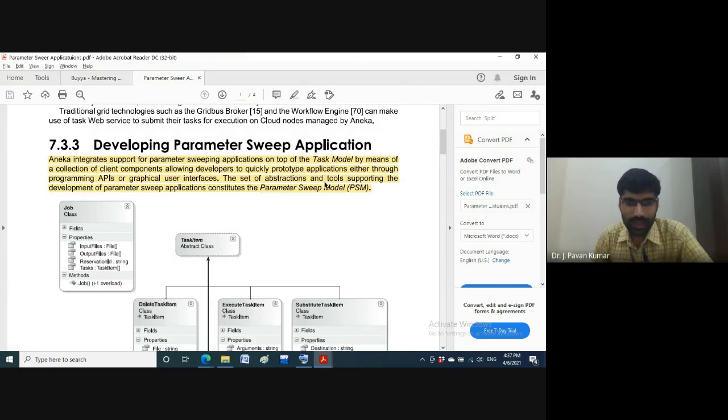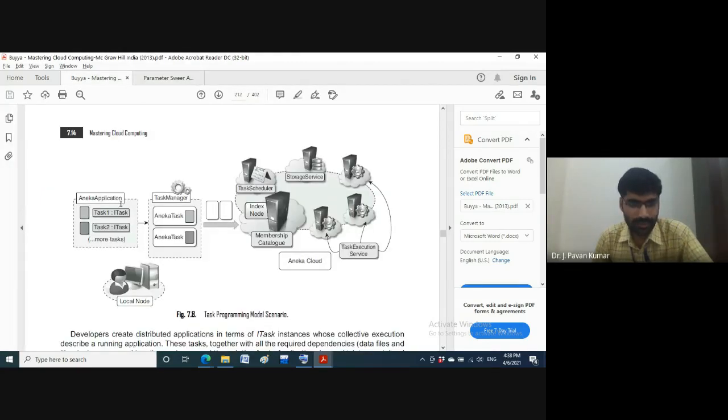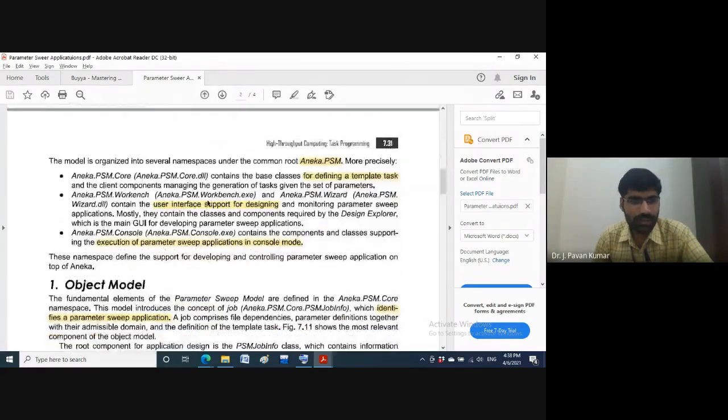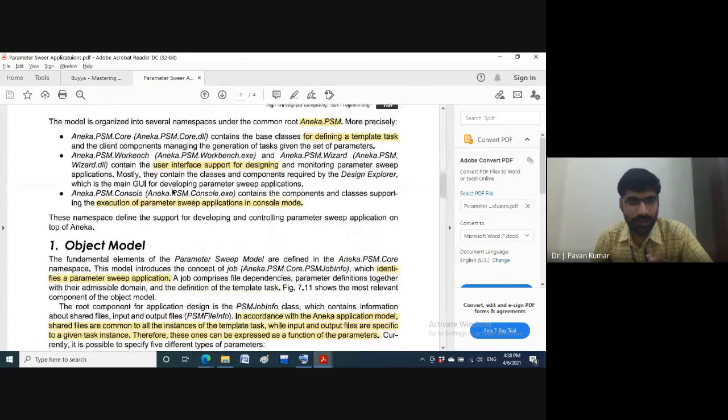All these abstractions and tools will be provided by the parameter sweep model. Like the task model which we have seen, similarly we will have a model called the parameter sweep model, which we denote with PSM. Consider the library which supports this model; it has several namespaces.